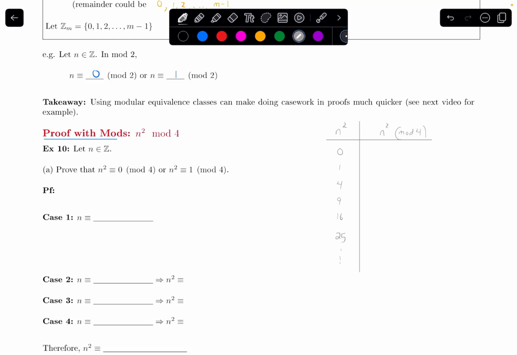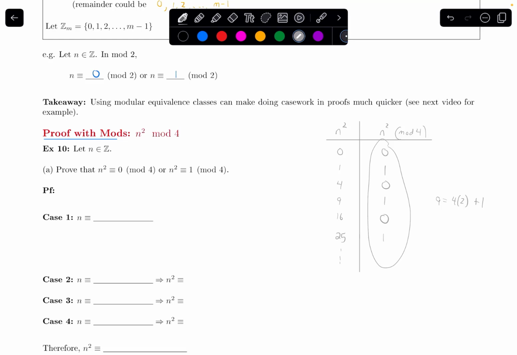If I divide them all by 4, well, 0 divided by 4, it goes in evenly. That's just 0. There's no remainder. If I did 1 divided by 4, the remainder is 1. 4 divided by 4, the remainder is 0. 9 divided by 4, well, remember, 9 is 4 times 2, 4 goes in 2 times, and then plus 1. So the remainder is 1 there. 16 is a multiple of 4, so no remainder. 25 will have a remainder of 1, and if we try even more values, all the remainders will always either